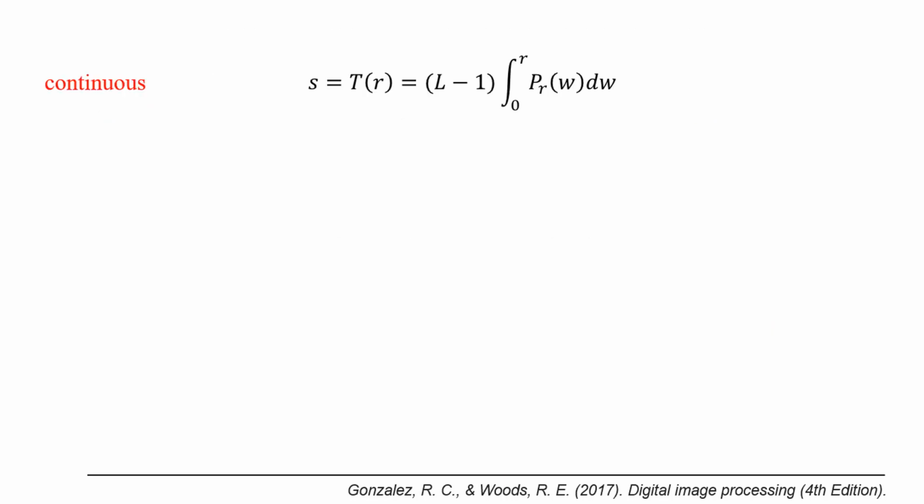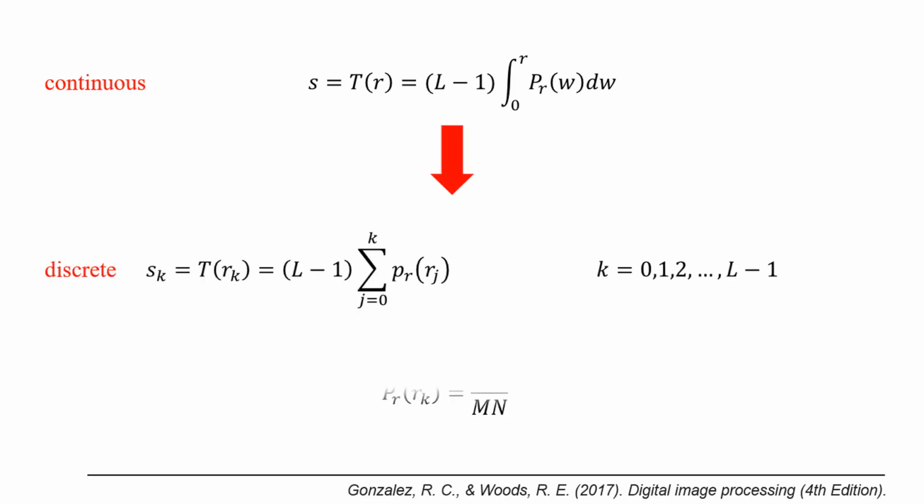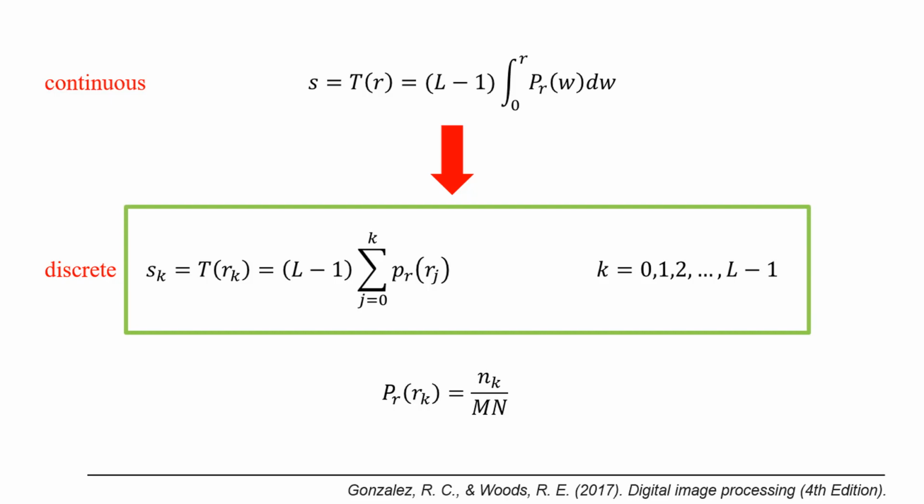So the transform function that we want to use to get a uniform distribution is S equals T of R equals L minus 1 times the integral from 0 to R of P of W dW. But that is in continuous values, and images have discrete values. So to go to discrete values, we convert the integral to a summation. So the transform function becomes,